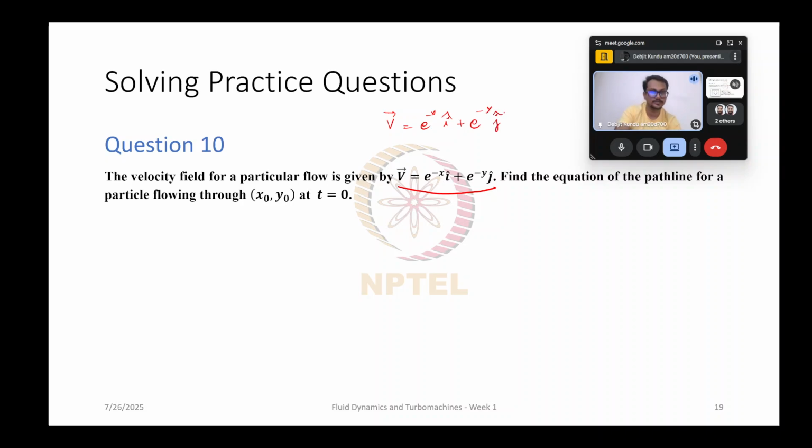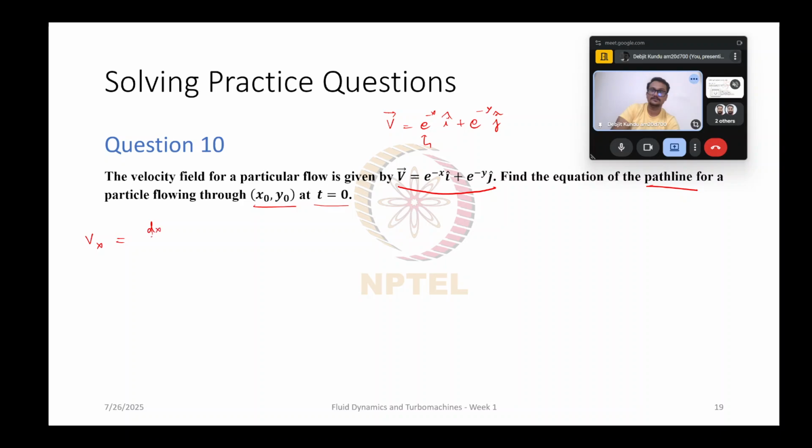It's a 2D steady flow. Now, find the equation of the path line for a particle which has flowed through x naught, y naught at time t equal to 0. So let's get started. This first component of velocity vx